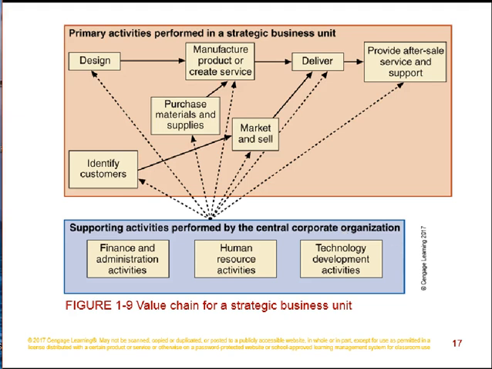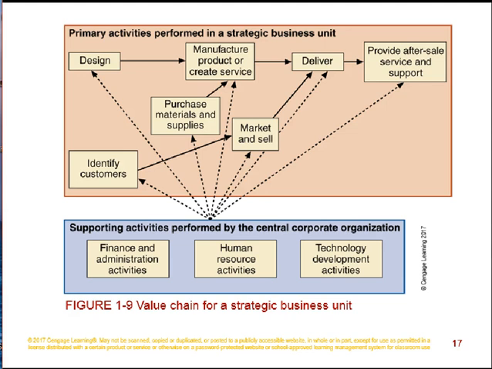So here we see a value chain for a strategic business unit. And the supporting activities performed by the central corporate organization are financial and administrative activities, human resources activities, technology development activities, and then primary activities performed in a strategic business unit that are supported by the central corporate organization. But these activities in the strategic business unit include identifying customers, designing products or services to satisfy those customers,